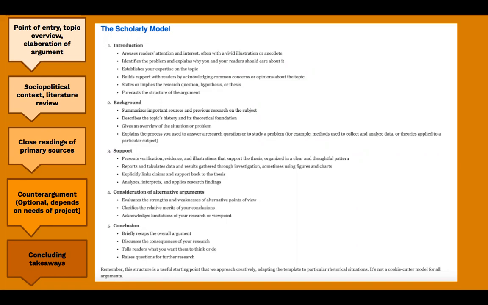Now, the close readings, or the support, as you'll see in this scholarly model, is really going to be where you work with one or more primary sources of some kind, and you proceed to analyze in some meaningful way something about that primary source that exemplifies what it is that you're arguing in your project, okay? And the purpose of having close readings of primary sources is you can really think about it as sort of